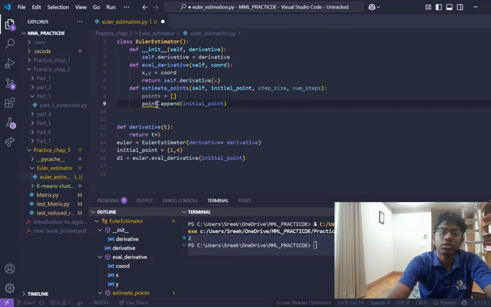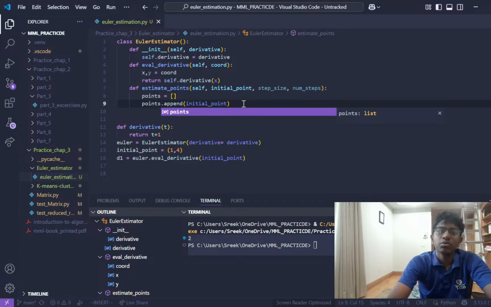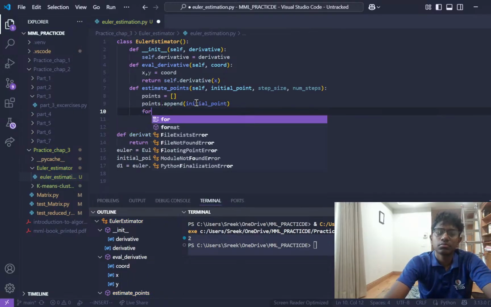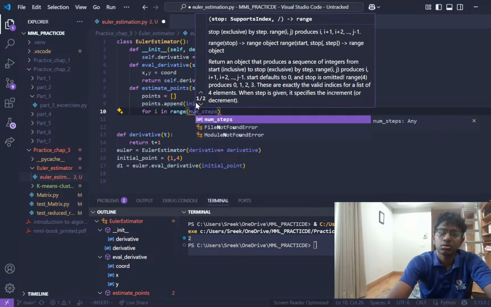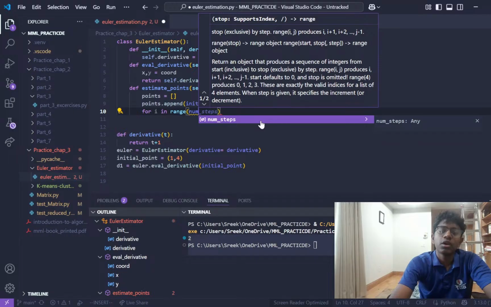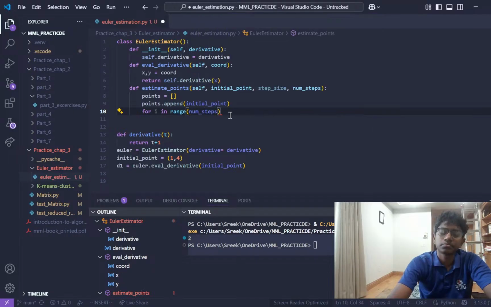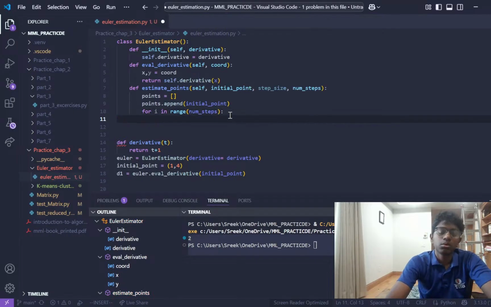Points dot append, and then we do, so for i in range num steps, right? What we need to do is we need to basically